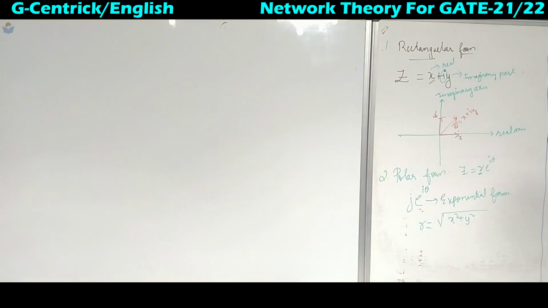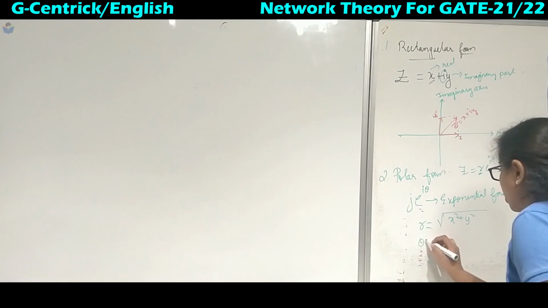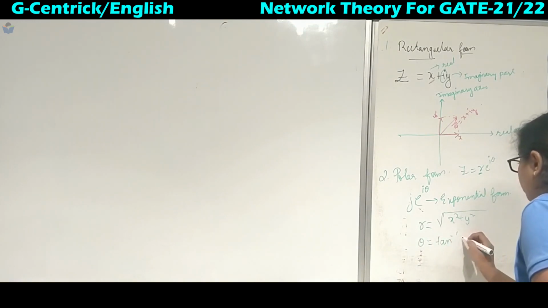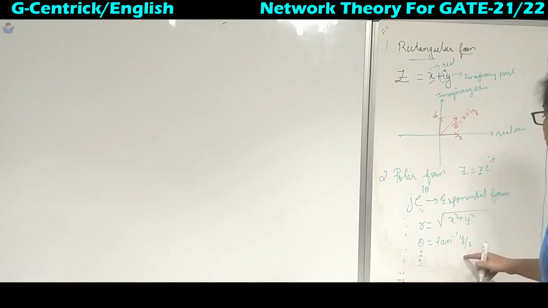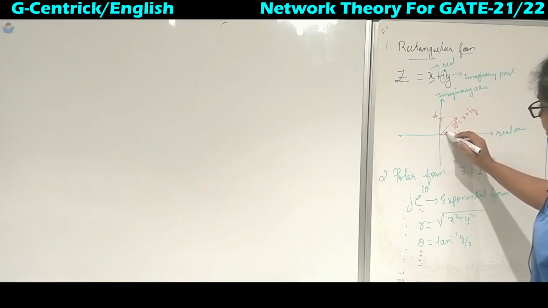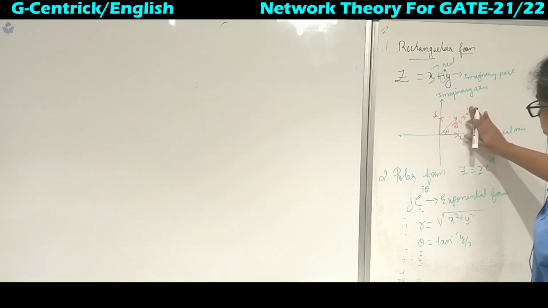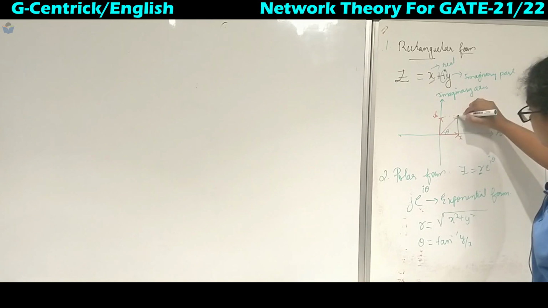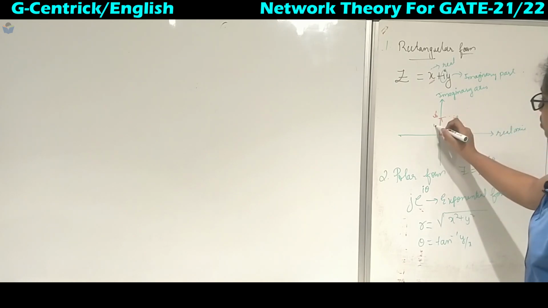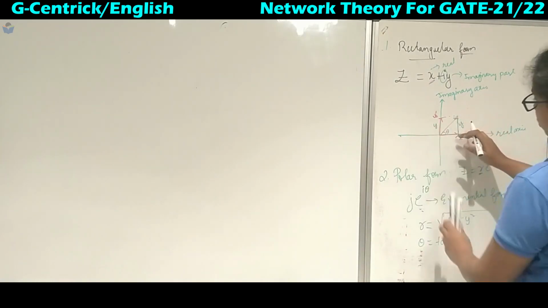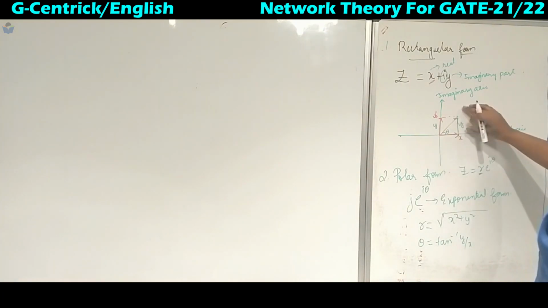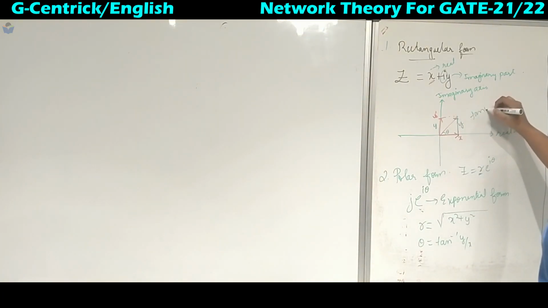Now if we have to get the angle, that is theta, how will we get theta? Tan inverse of y by x. How did we get this? This is the angle theta. This represents y, because both are parallel and have the same magnitude. Perpendicular by base is nothing but tan theta, so if we want only theta, we will take tan inverse of y by x.